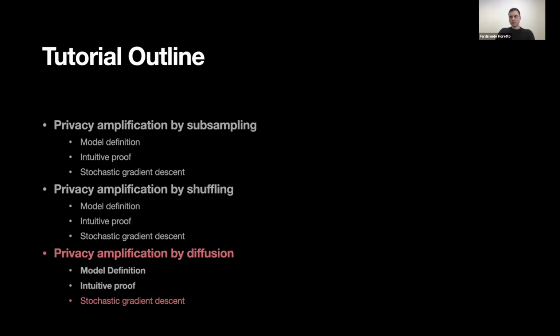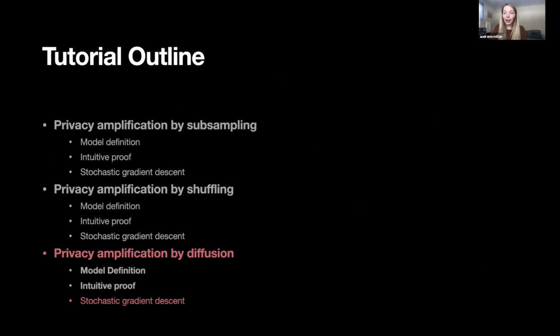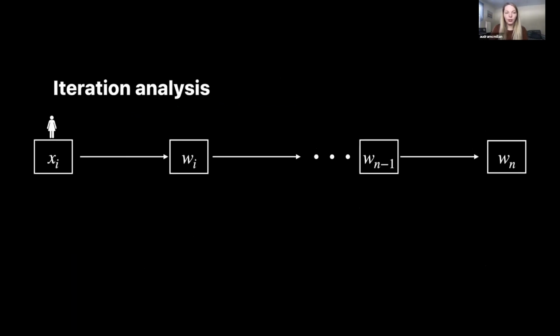Okay, so that was privacy amplification by iteration, which is kind of the idea that if you keep adding Gaussian noise and doing more things, the data point is eventually going to forget where it came from. Sort of the intuition here. Okay, so let's look at how this helps us with stochastic gradient descent. All right, so